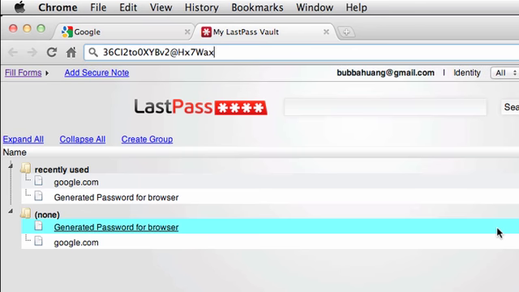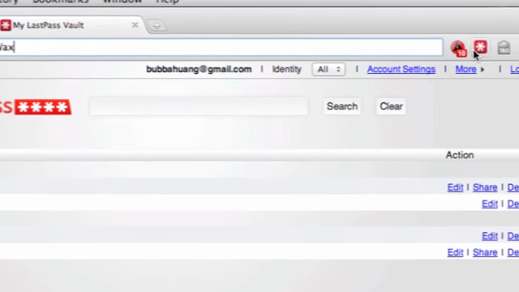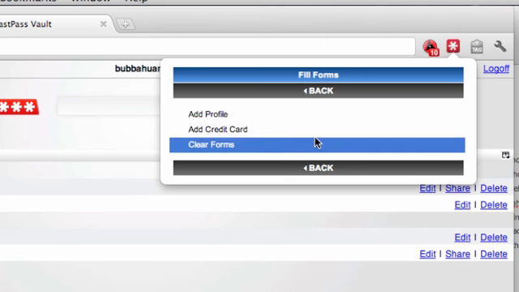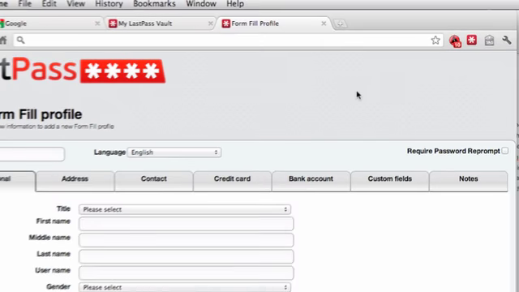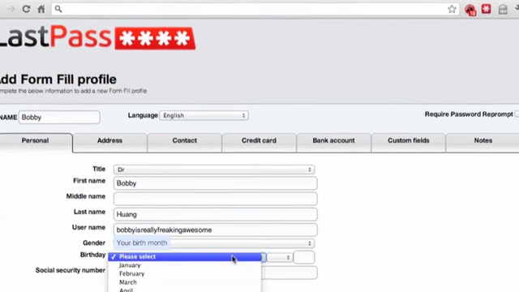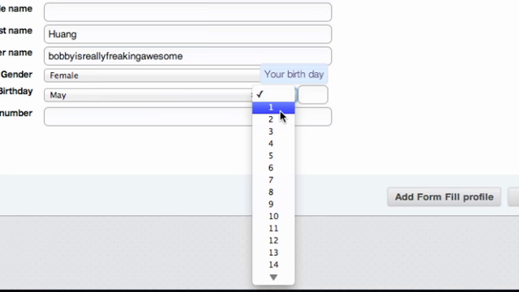To save fill data, you would just go to a website like a forum or something, or you can just go ahead and go here to go to fill forms. You can add a profile, add a credit card, or clear forms. So this is how you put it. So if maybe this is your personal autofill form, where you might just put your title as doctor, put your awesome first name is Bobby Hong, no middle name, and then check it out, my username. If you use the same username, you might be like, Bobby is really freaking awesome. And then your gender might be female, because I'm not. And your birthday might be like May 1st,